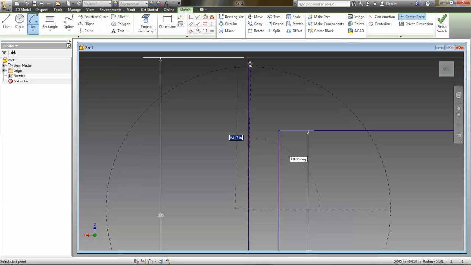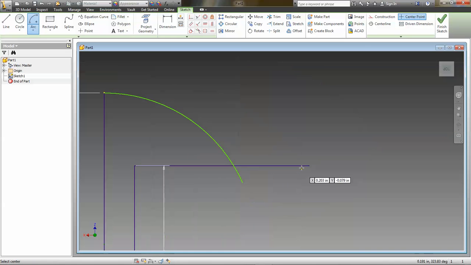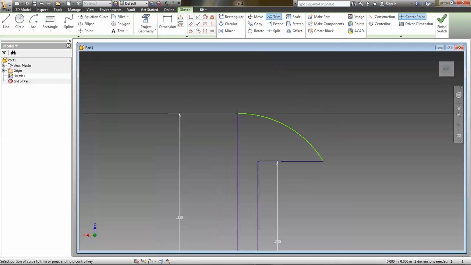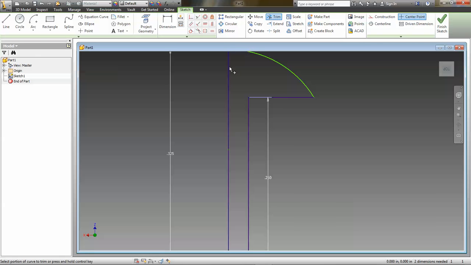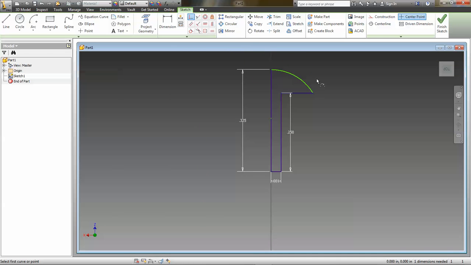Now I want this part to be coincident with that point, and over here I don't really care where the arc ends, because then I can just use the trim command to trim this line there and that line there, and that's basically the finished profile. The last thing I can do just to make sure this is fully constrained is coincident that point with that line, and we're still not fully